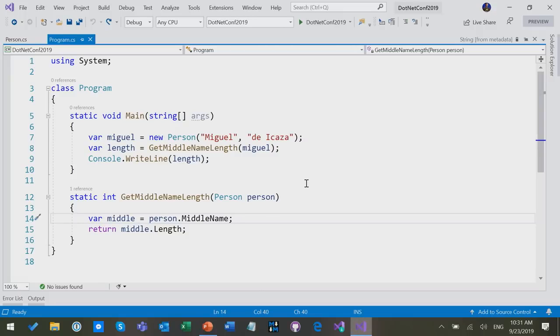So here's an absolutely innocent-looking little program. I create a person. I call a method. And I print out the result of that method. That method gets the length of the person's middle name and returns it. So it's absolutely straightforward code. Nothing to see here. Would pass any code review. But of course, if we run it,